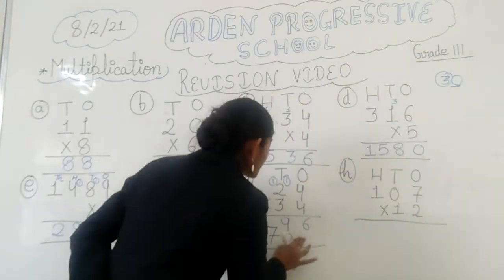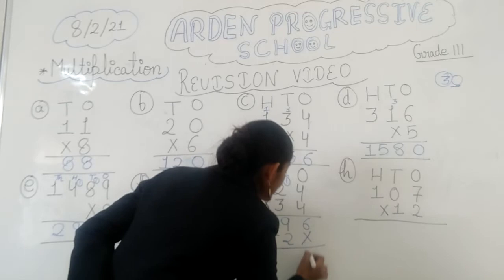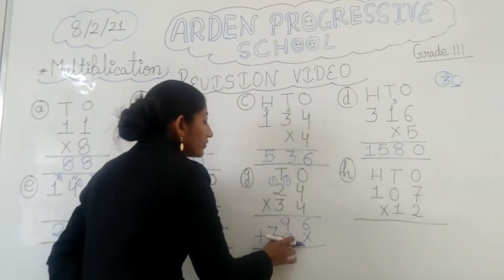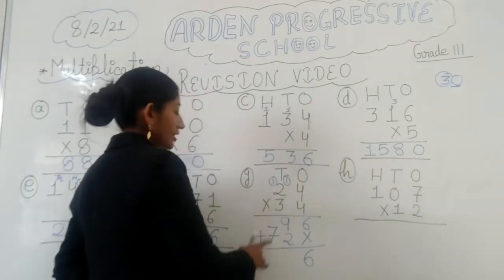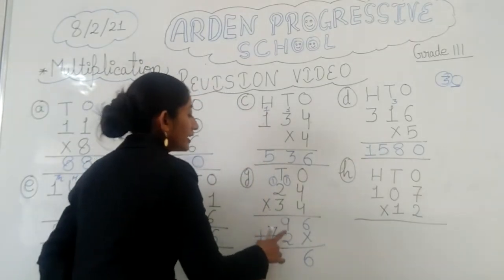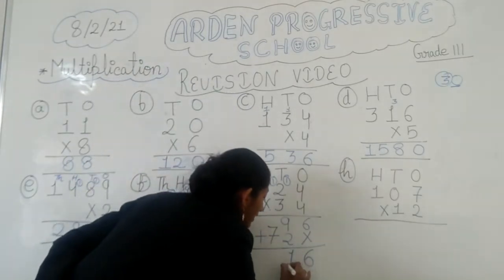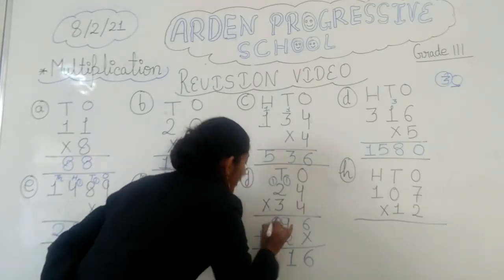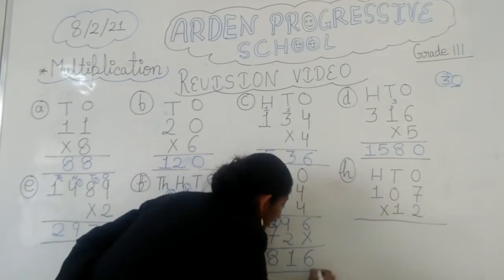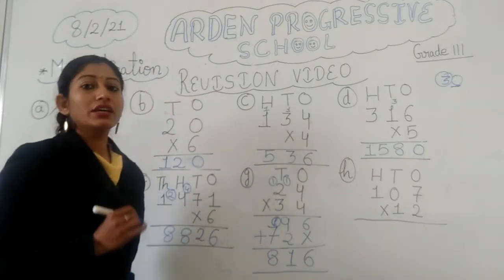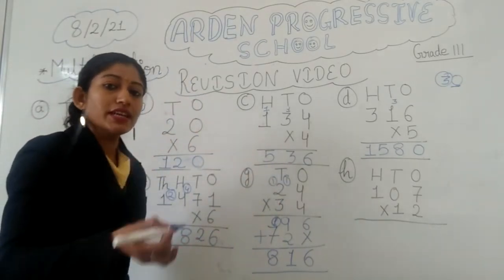So let's do addition here. What will we get? 6. See, the number which is above the cross will come as it is. So 6 will be as it is. 9 plus 2, 10, 11, 11, then 1 is here and then 1 is carry. Then 7 plus 1 is 8. So what answer are we getting? We are getting 816.